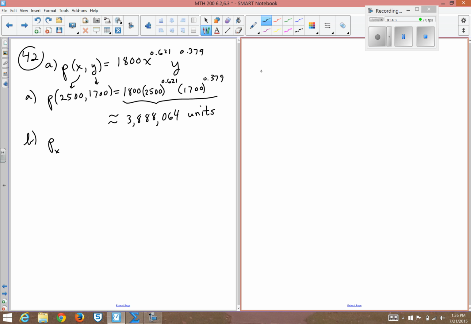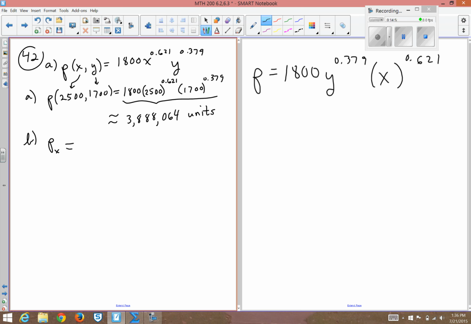So if I rewrite this function, I'm going to switch the order. I can explain it better if I rewrite this as 1,800 times y raised to the 0.379 times x raised to the 0.621. I'm writing it like this because over here, P subscript x means the partial derivative with respect to x,